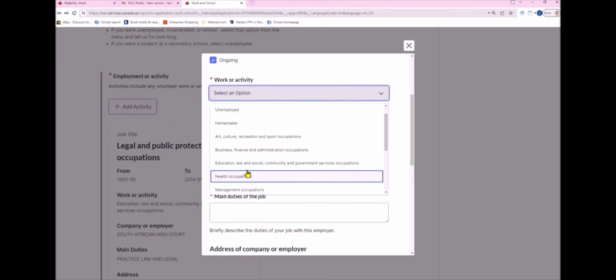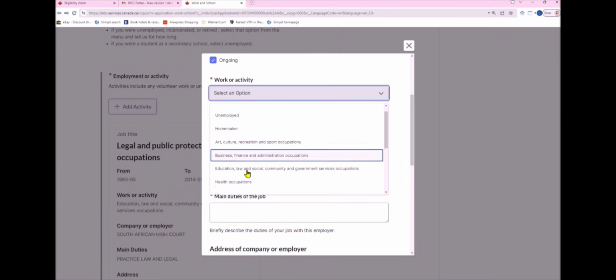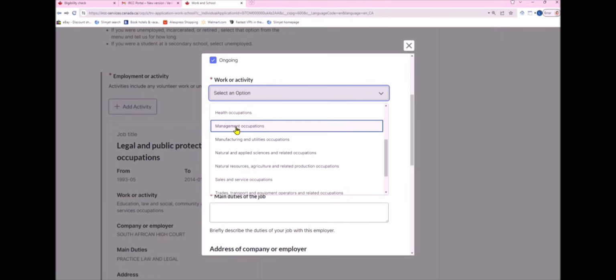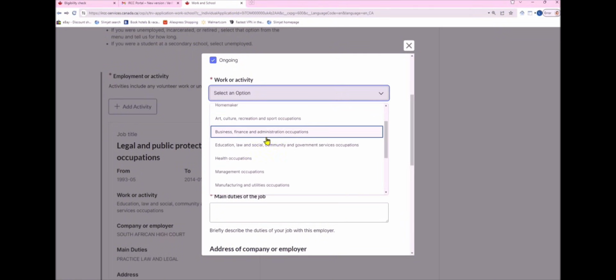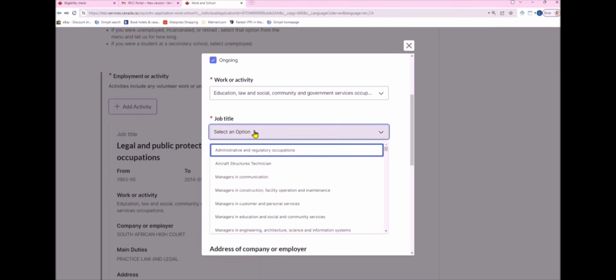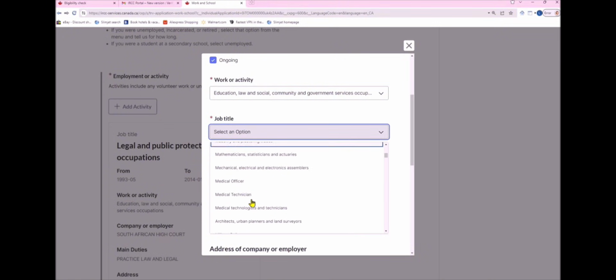Now, if I was into IT, information technology, I would have given, if I was a manager, I would have given management occupation. I would have mentioned natural and applied sciences and related occupations as an IT engineer. Okay. But assuming that this person is working in law and social, so I'm gonna mention law and social. And yeah, what would be,